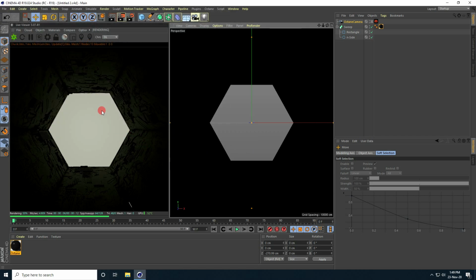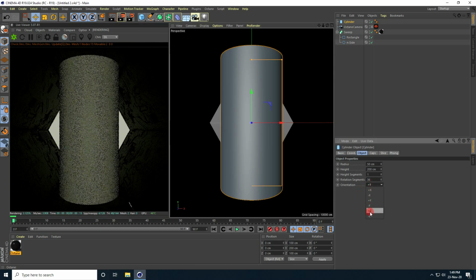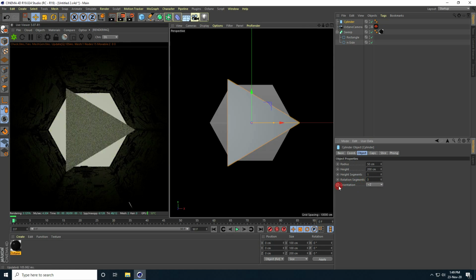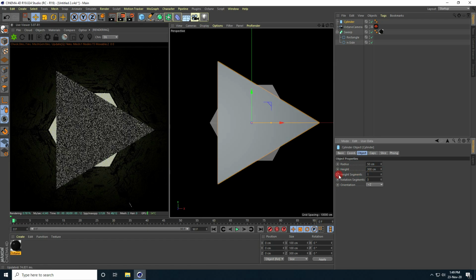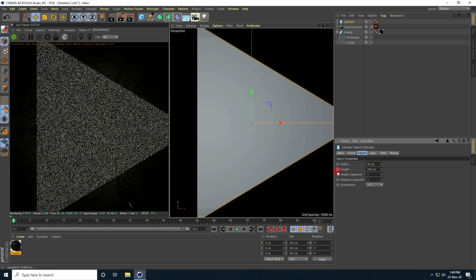Yeah, okay, so now I create more shapes. So this one, use a cylinder and change the orientation. Rotation segments I take 3. Yes, and height I take like 300 and radius increase like 80.